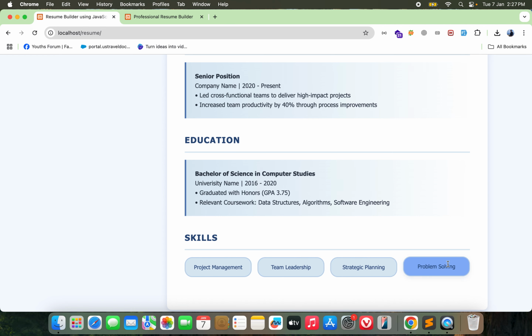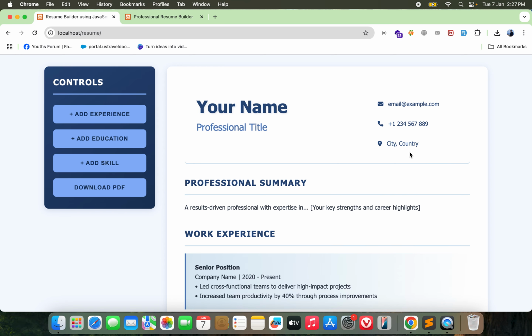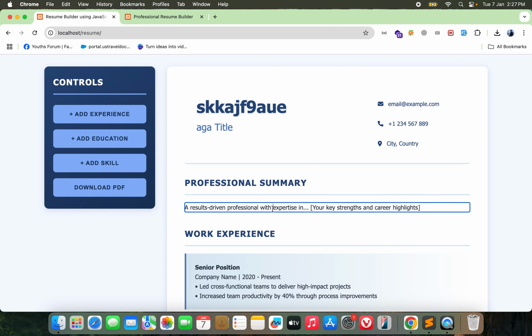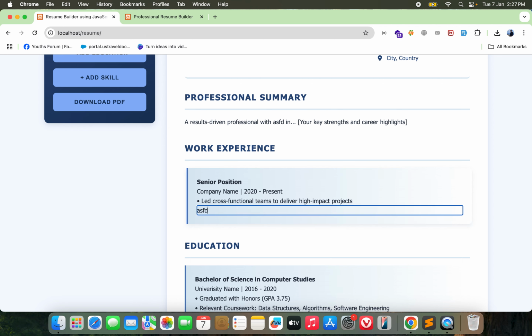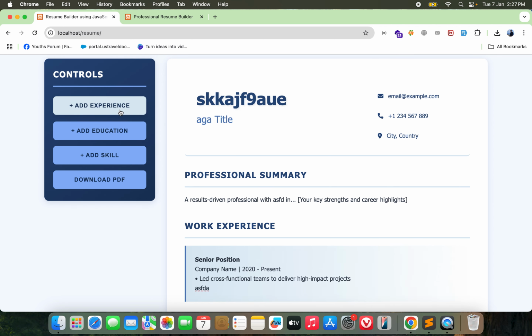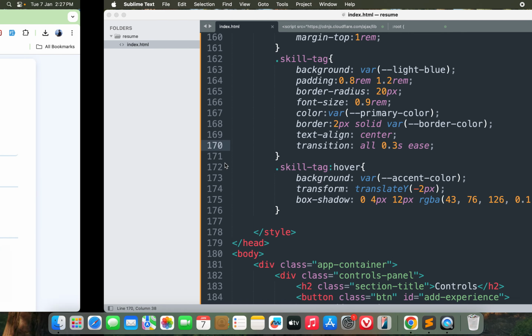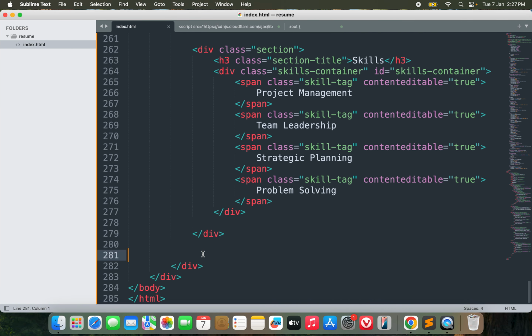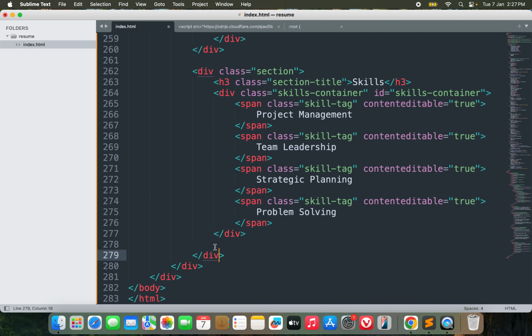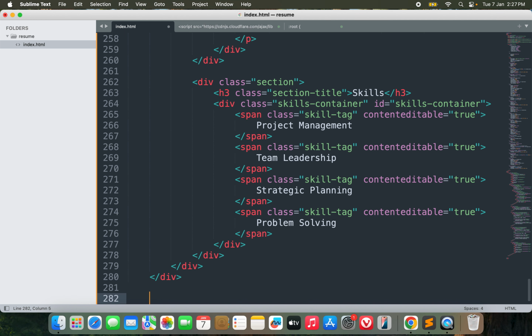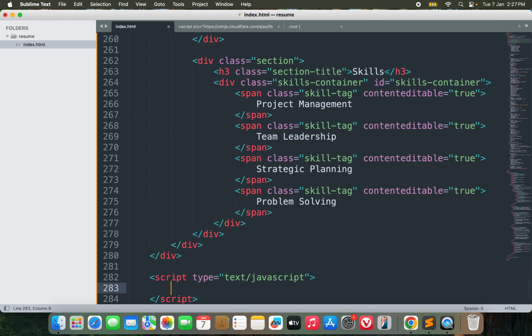So we're done with the design part, right? Now let's add the functionality. We can change everything easily. Yeah, it's changing. So we need to add the functionality for all these 4 buttons, right? So let's start with add experience, and we'll use JavaScript for this thing. Okay, so before starting, let's